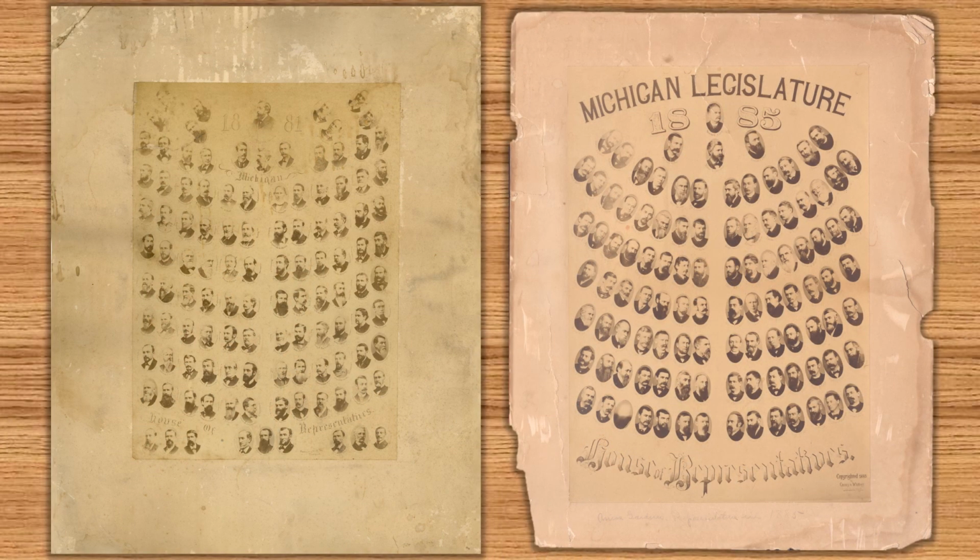House composites keep a consistent appearance through time. These 19th century house composites were executed by Lansing photo studios, the 1881 by Scottford, and the 1885 by Cassian Whitney. For much of the history of the legislature, local photographers took the initiative to photograph the legislature and produce